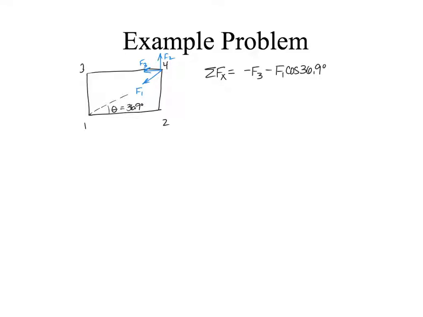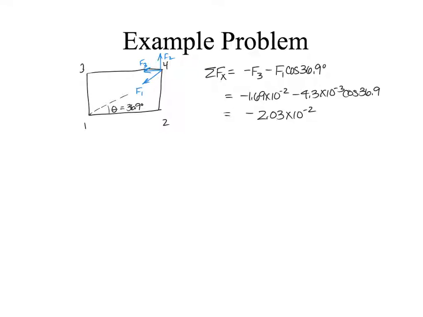Because F3 points to the left, and so does F1, it has a negative x component as well. So that's going to be minus 1.69 times 10 to the minus 2 minus 4.3 times 10 to the minus 3 times the cosine of 36.9. So the x component ends up to be a negative x component, not a surprise, times 10 to the minus